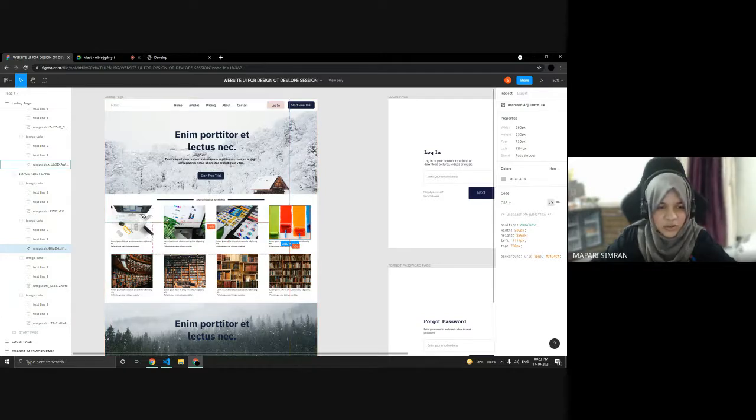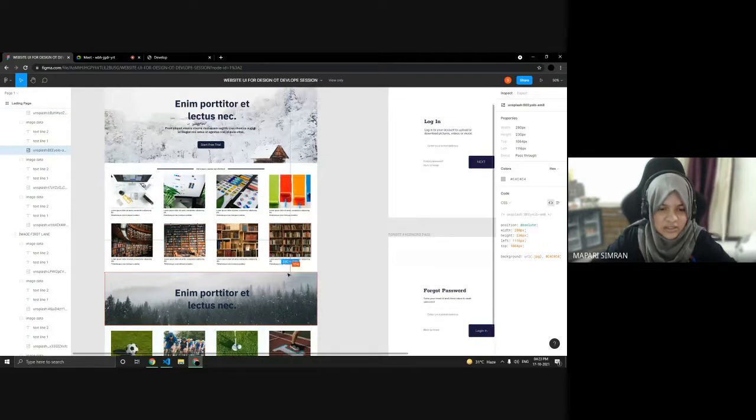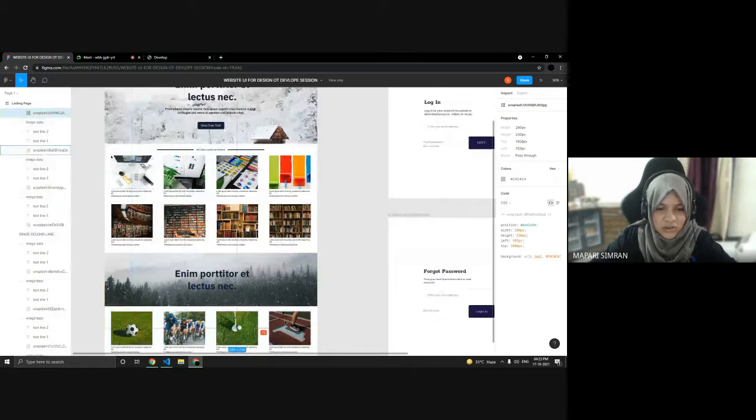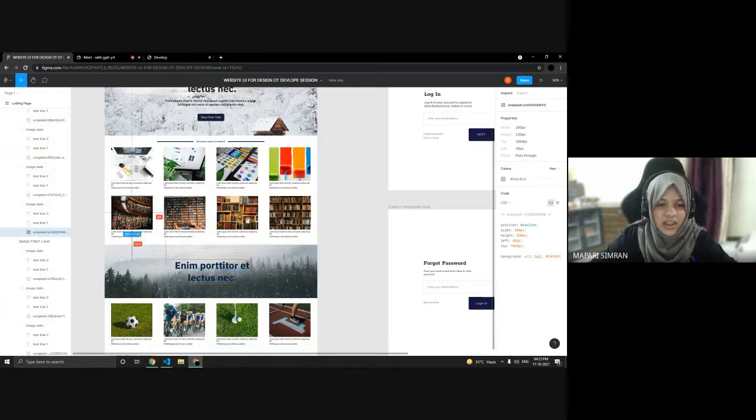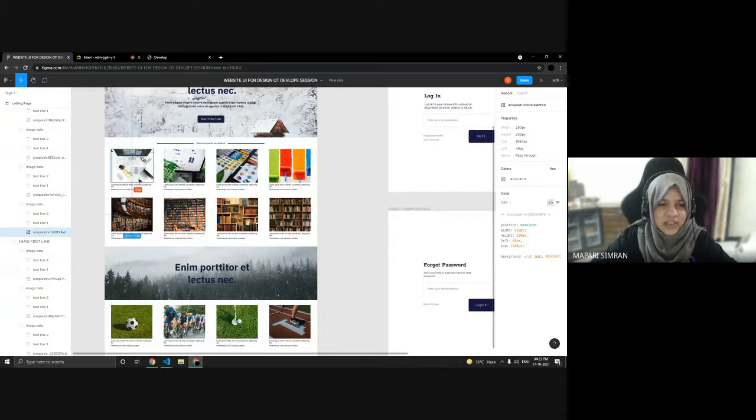According to the width and margin given, we will be able to do this. You can see the styling for this second row is also the same, and for this third row it's also the same. So we can just copy and paste it, and just the images and the content differ.